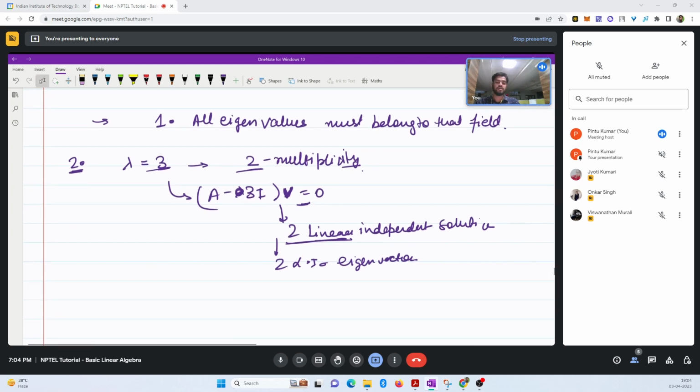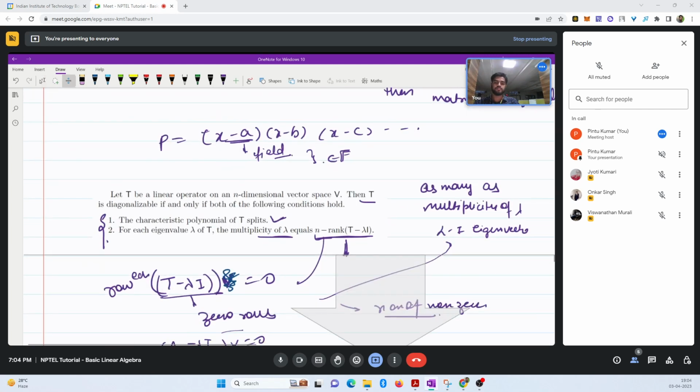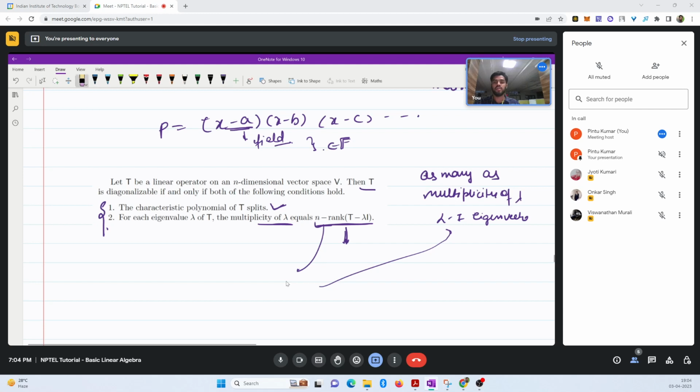They have just rephrased it in another way. Okay, I'll just draw a space here. Now what they are saying is that the multiplicity should be equal to the rank of this T minus lambda I. If you look at this matrix, initially you can have anything. If you row reduce it, we talk about rank and those things only when we row reduce that matrix, right? So if you row reduce it and you have, let's say, n 0 rows,